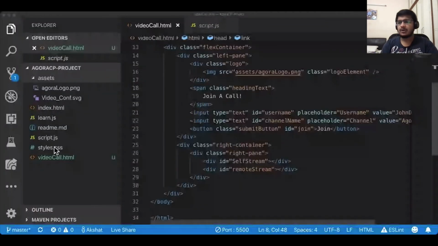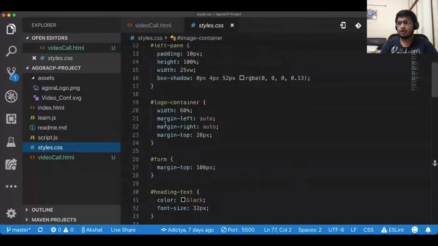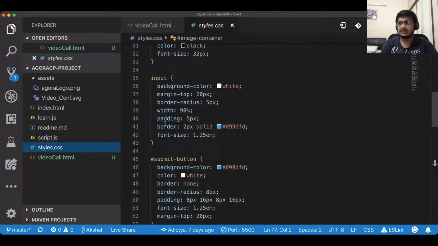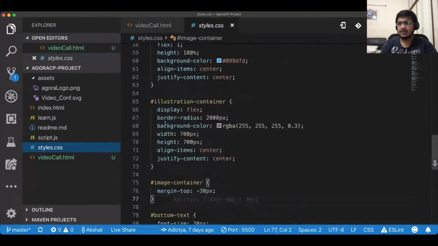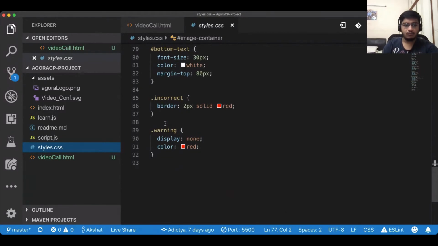Cool. So I'll open the same styles.css file. You can see body container, left pane, logo container, form, heading text. All these are pre-existent code which we had used for the previous project. What's going to be new now is we're going to add a flex container. That's going to be the first thing.